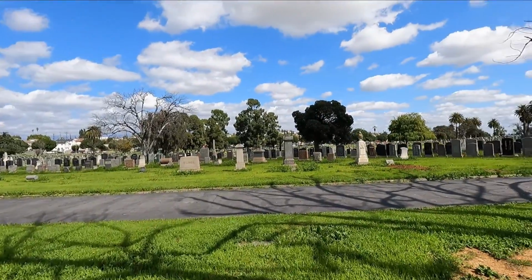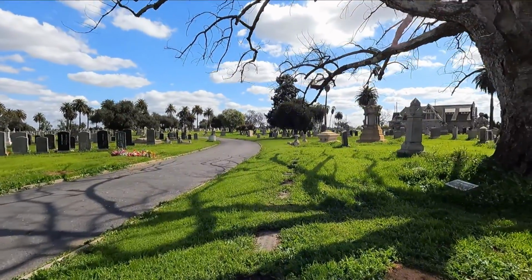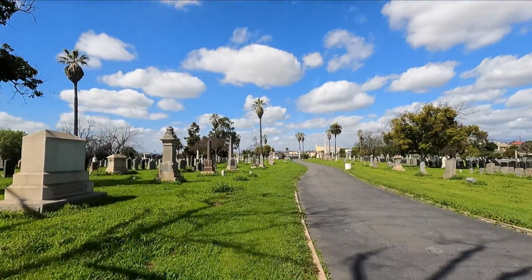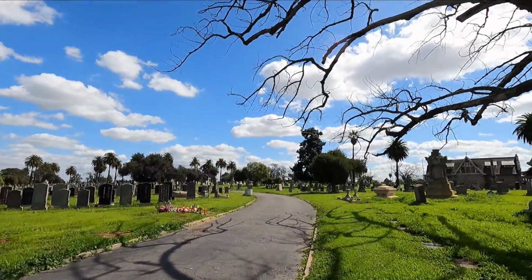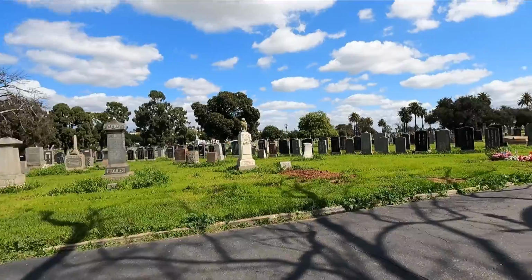Love this cemetery. Love it. I'm always drawn to the spots that were used in films more. And I wish I could take you around every single path here, but this place, like I said, is expansive. It's huge. It goes all the way back there, all the way back there. This is more or less the front of the cemetery, but it's huge. I would love to go and look at every single stone, but